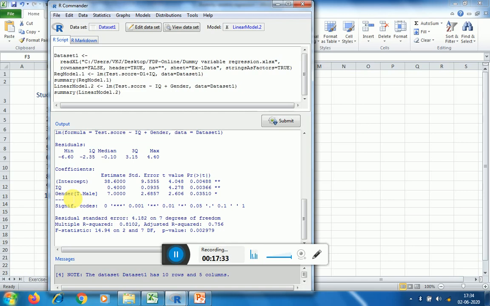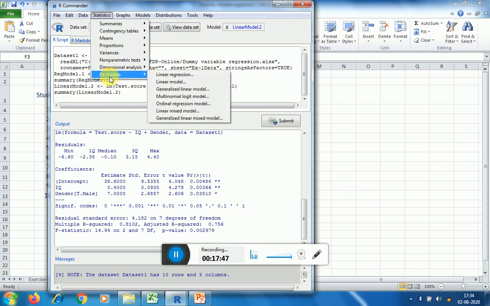Sometimes the interaction effect is more significant than a variable in isolation, and that is why if I want to test this, I can fit another model.